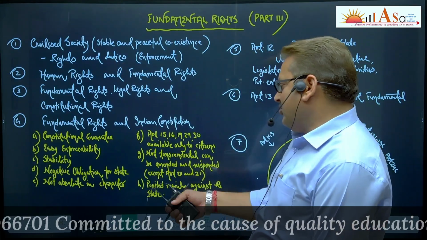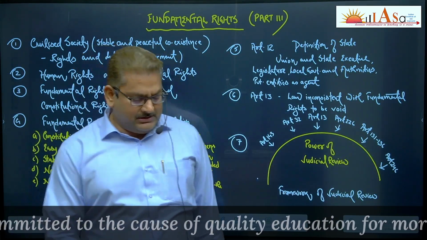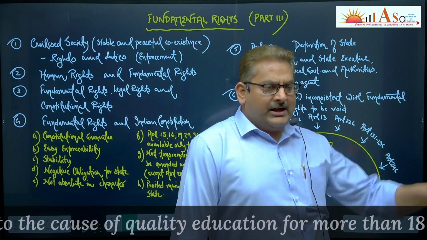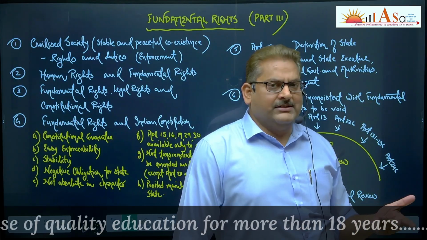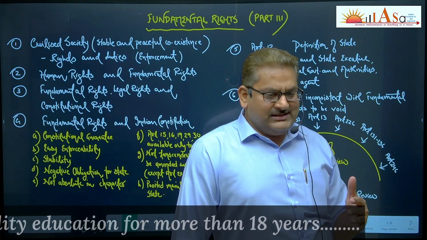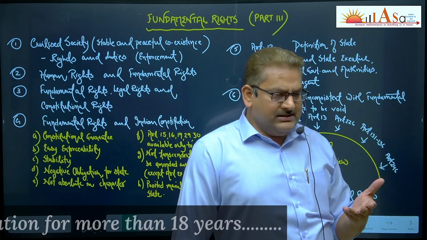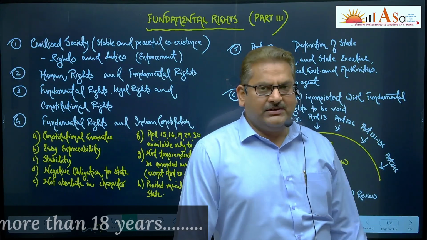Next, fundamental rights are not absolute in character. Fundamental rights are relative in nature. It's quite simple: you cannot think of a stable society where people enjoy fundamental rights without any limitation. If an individual is allowed to exercise his right without any limitation or restriction, he is much likely to encroach upon the similar rights of others, and that will lead to conflict and friction.